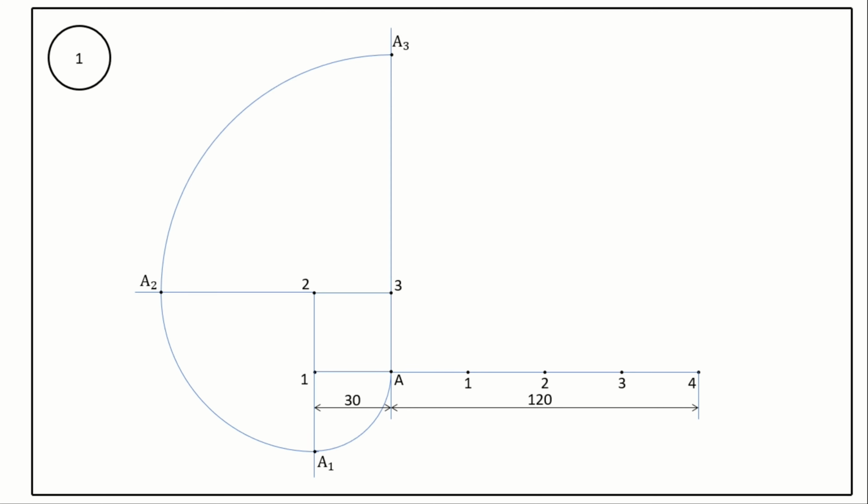Now after unwinding the three sides A1, 12 and 23, the fourth side left out is 3A. To this 3A side, the adjacent side is A1. So take a compass, measure the length A4 on the horizontal line. This length measures 120 mm. So with radius 120 mm, center point A on the square, draw an arc starting from A3 to the horizontal line. This point is A4. Now we have drawn the square, and we have drawn the involute of the square.